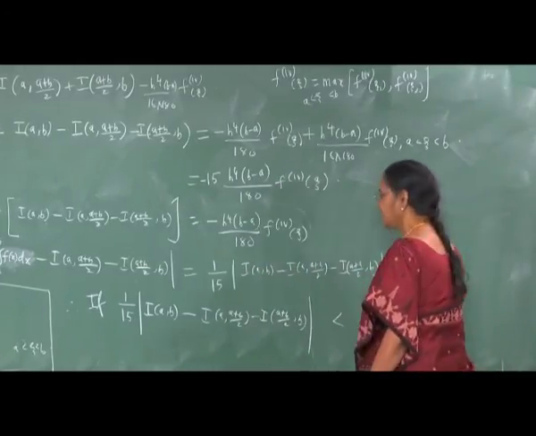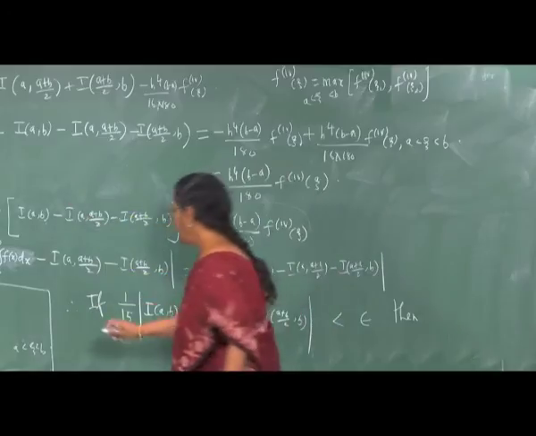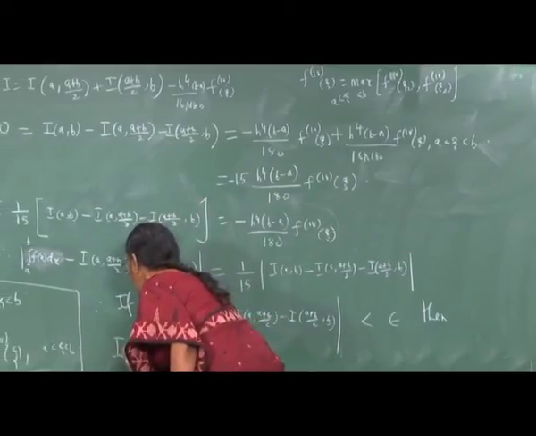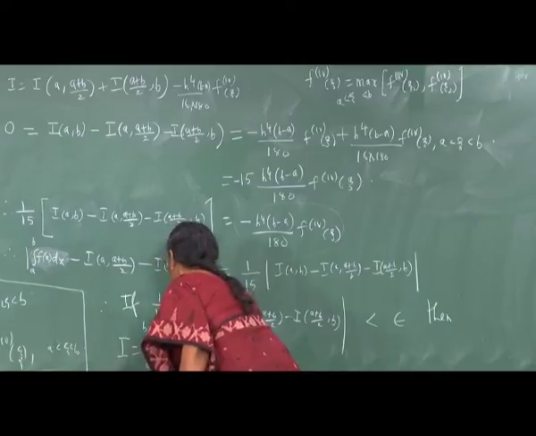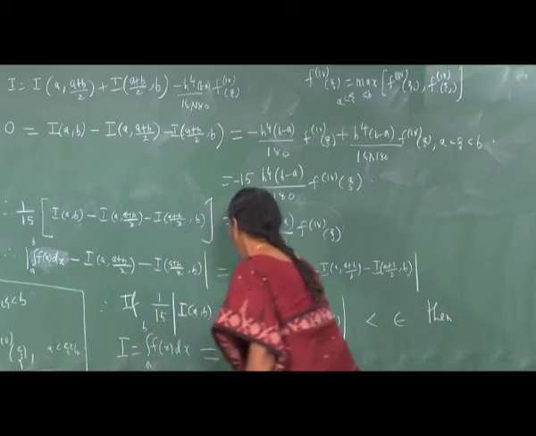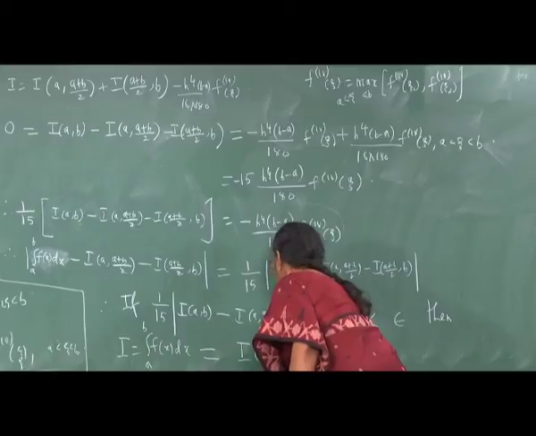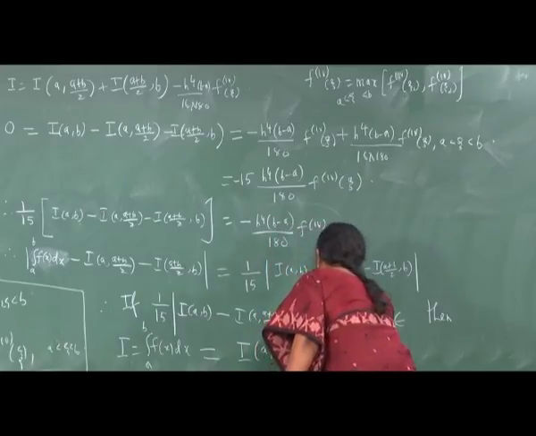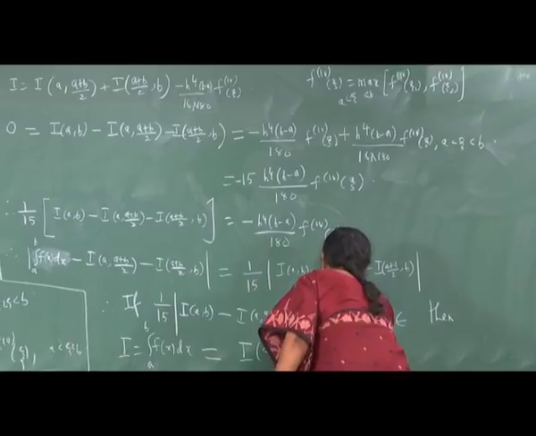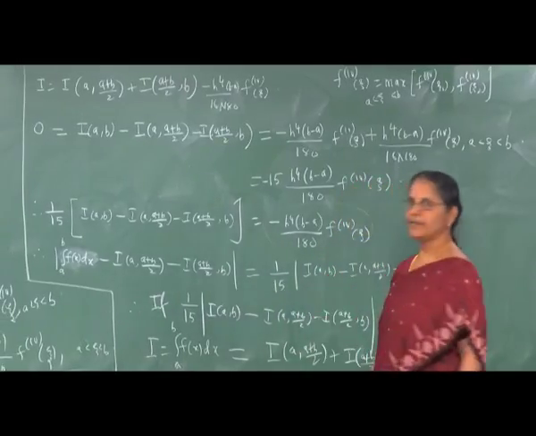Then it means you can take your value of integral I, integral a to b f of x dx, to be equal to I of a comma a plus b by 2 plus I of a plus b by 2 comma b,